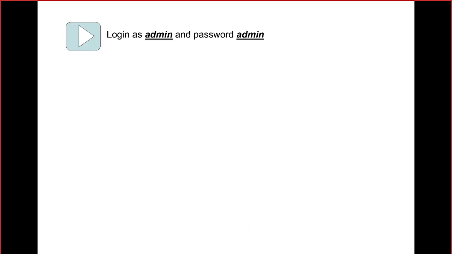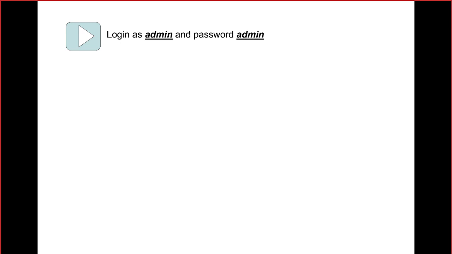Then log in with username admin and password admin, that's the default one. Until 13.1 this is applicable. From 14.1 onwards we need to reset. In version 14 onwards, after you log in as the root administrator, it will prompt you to reset the password for the root administrator. When you reset the root password, it will also reset the password for the admin user.